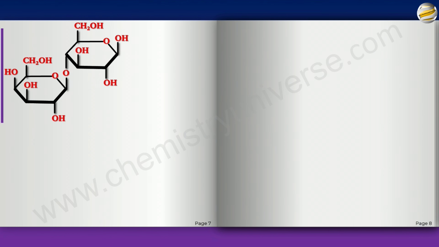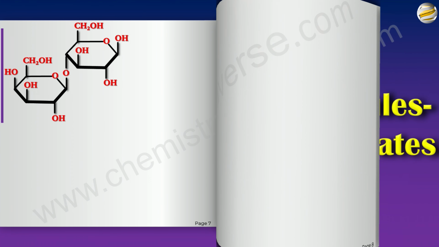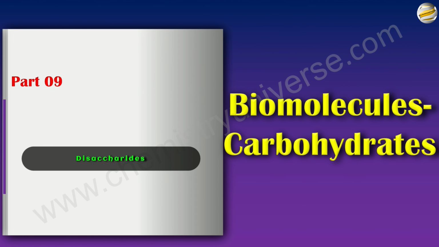And with that, we come to the end of this particular video, which is disaccharides. So that is how disaccharides exist. And you can see some of them are reducing, some of them are non-reducing, and it all depends upon the kind of linkages that they have. But all of them have the same type of linkage where the OH and the H of the other form water. So they are all basically ether linkages that connect these monosaccharides together.